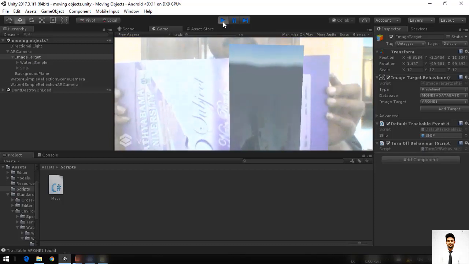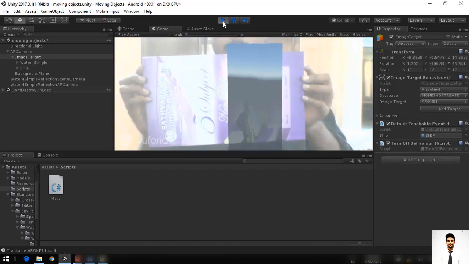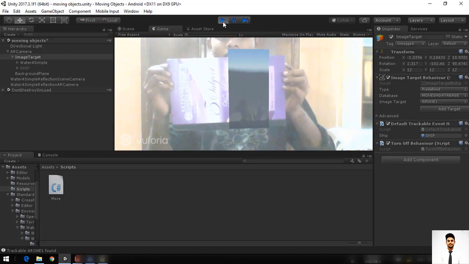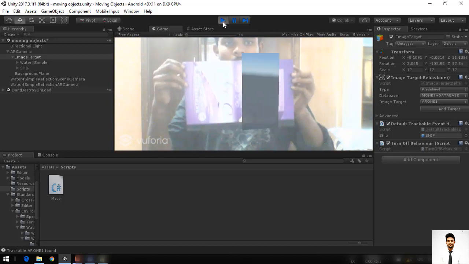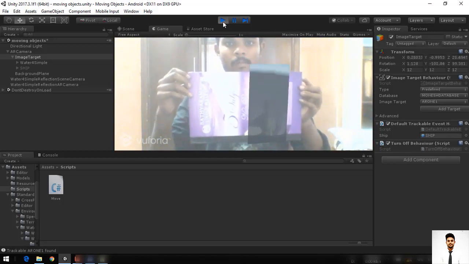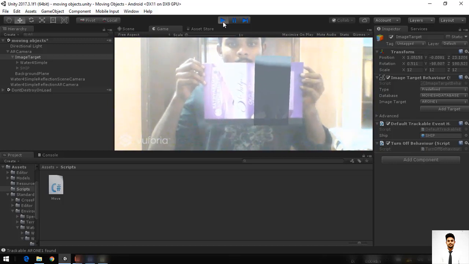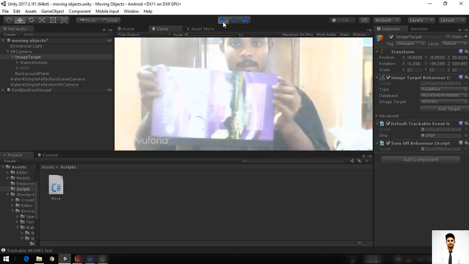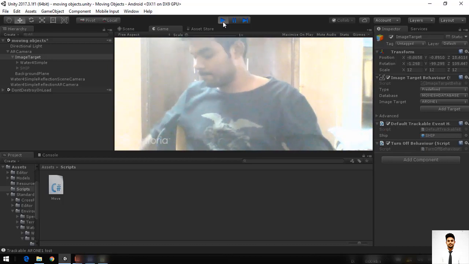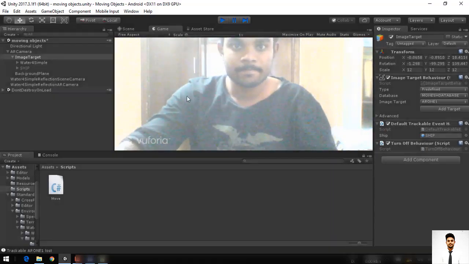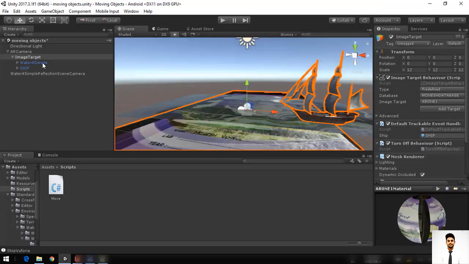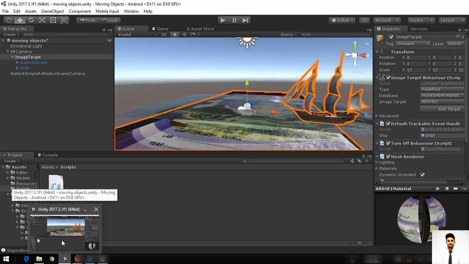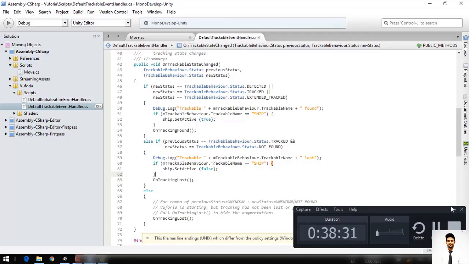See, I'm doing this process again and again because in the augmented reality world you have to do this. You will be writing a piece of code and you will be testing it, because if you write a long code and you test it, there may be errors in between and you couldn't find them. See the ship, I cannot see the ship here, so I think I made a mistake in my C# script. You have to check this out. This will be a process of debugging.